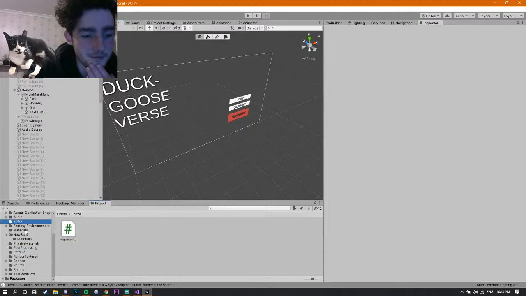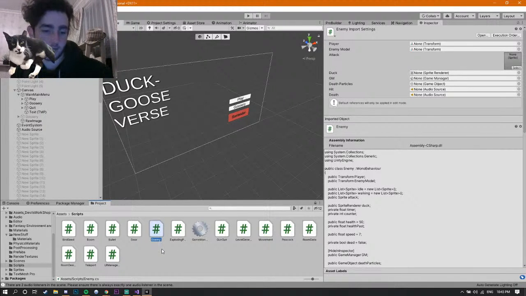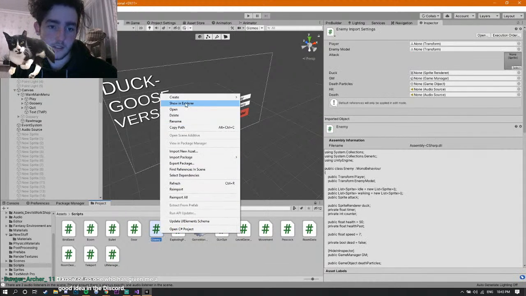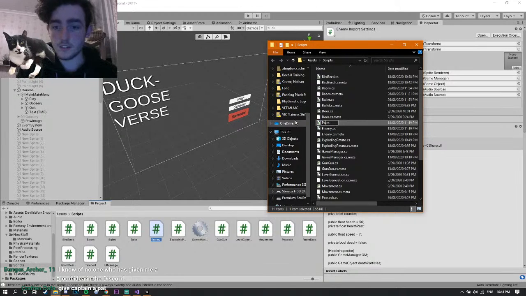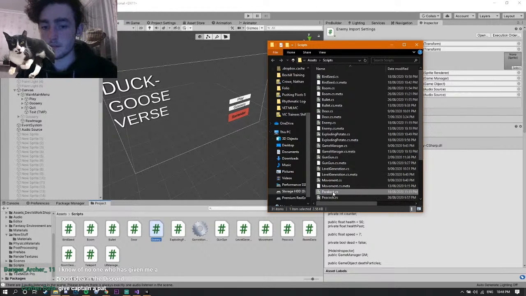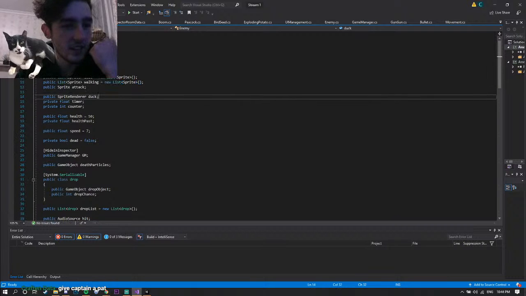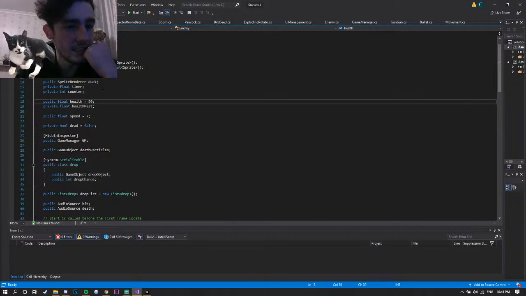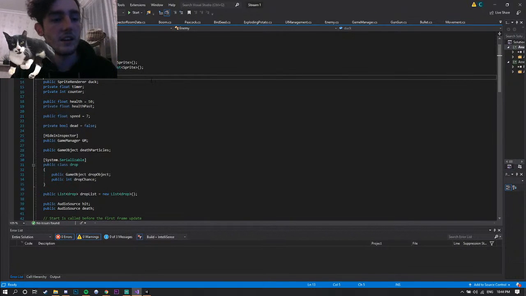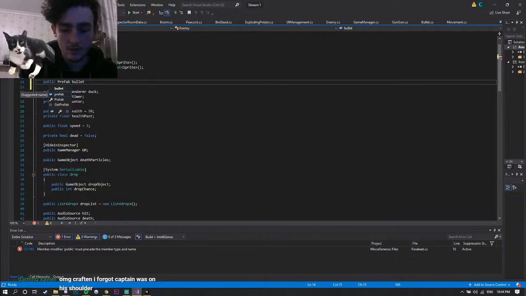Let's get some more enemies going. So we got that and the peacock, so let's get parakeet. I'm softly pulling my hair out about the teleportation. So we need the idle walking attack. Yep. What we also need is a sort of spitting, like a public prefab for bullet. And then we also need,